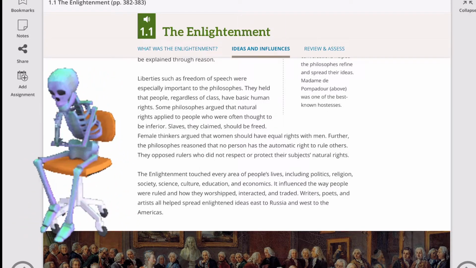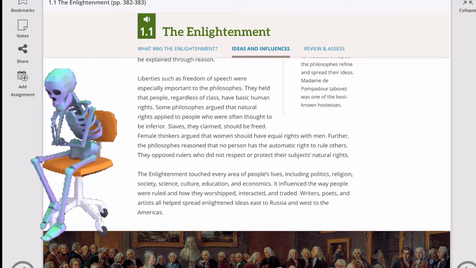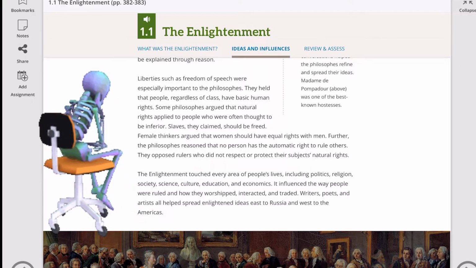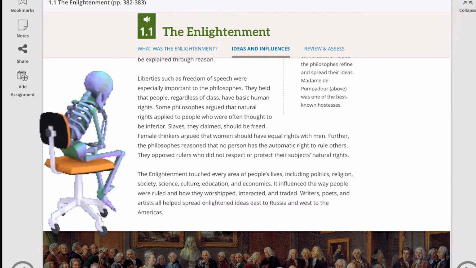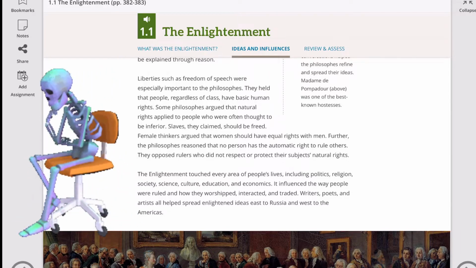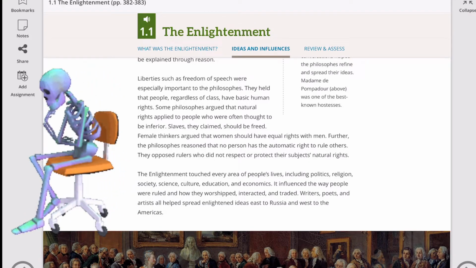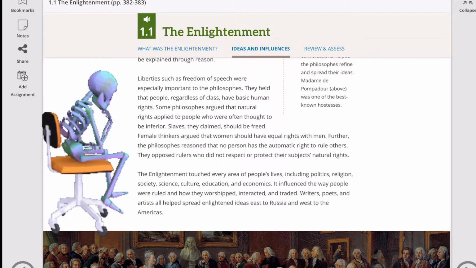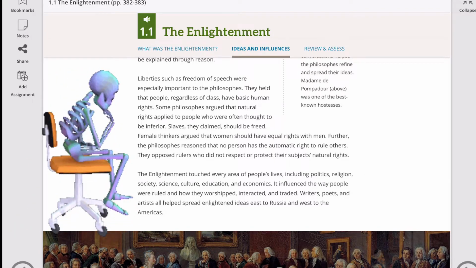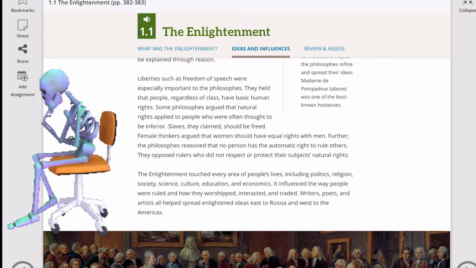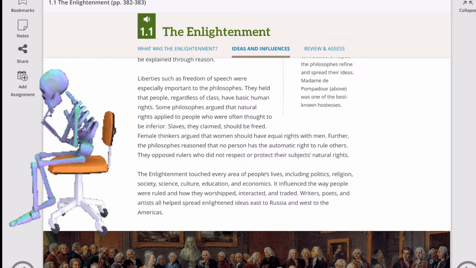So according to the philosophies of these philosophers, laws and rights automatically apply to everyone and could be explained through reason. You will get to know more about these concepts when you learn about US history and government, and you will encounter people like Thomas Paine. Well, obviously, the founding fathers, just like what I mentioned a while ago, like Thomas Jefferson, George Washington, Benjamin Franklin. These people were all influenced by Enlightenment ideas or thinking.